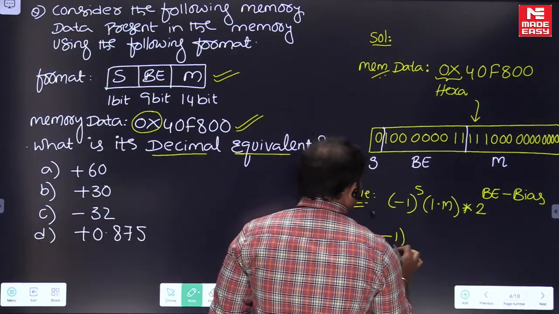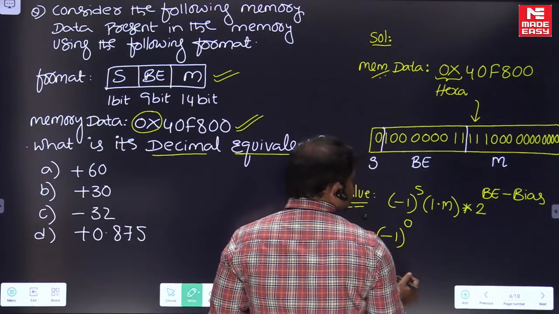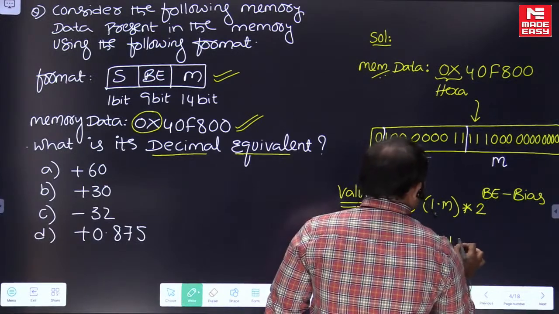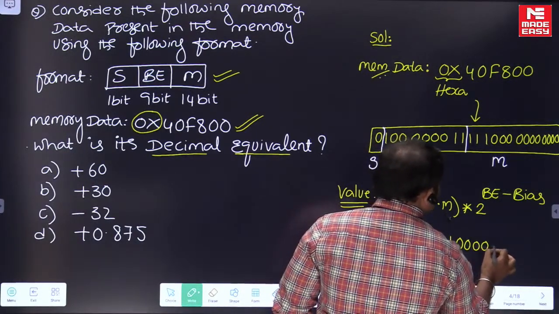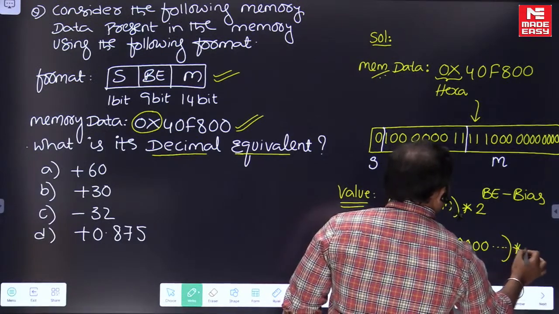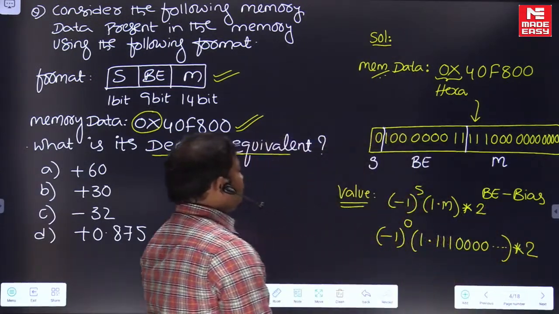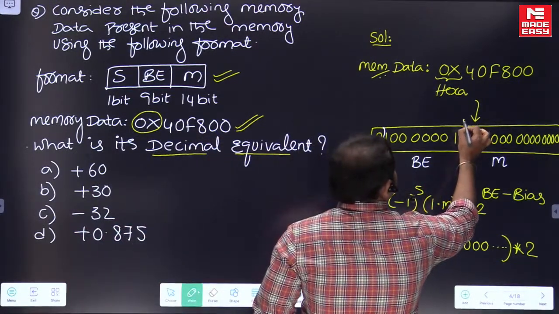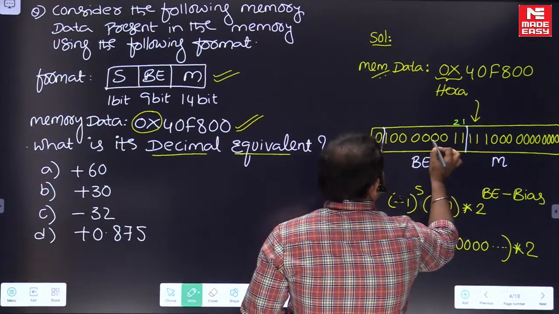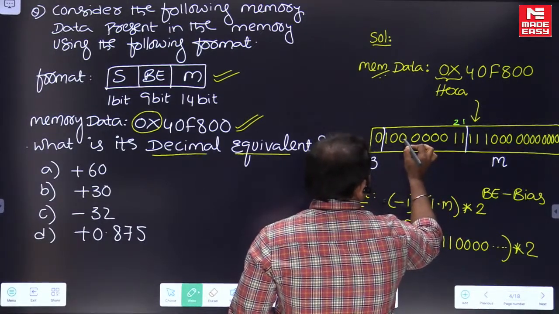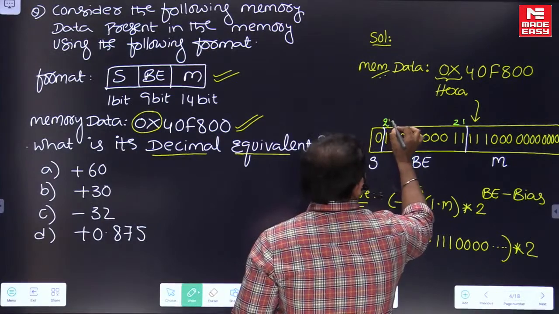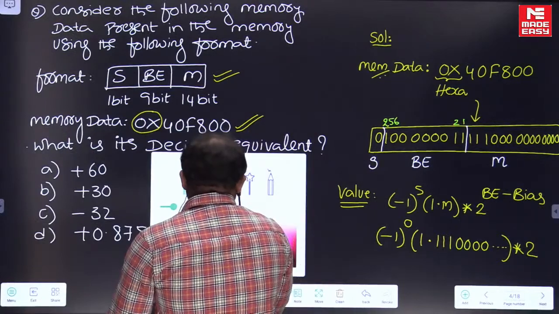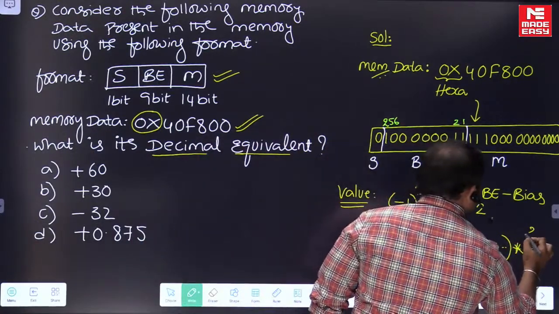So (-1) to the power of s, in place of s 0 is there. 1.m, in place of m 111000, remaining all are zeros, into 2 to the power of BE. Okay, in place of BE what is present? See this: this is 1, this is 2, 4, 8, 16, 32, 64, 128, 256. Okay, 256 plus 3, that is 259